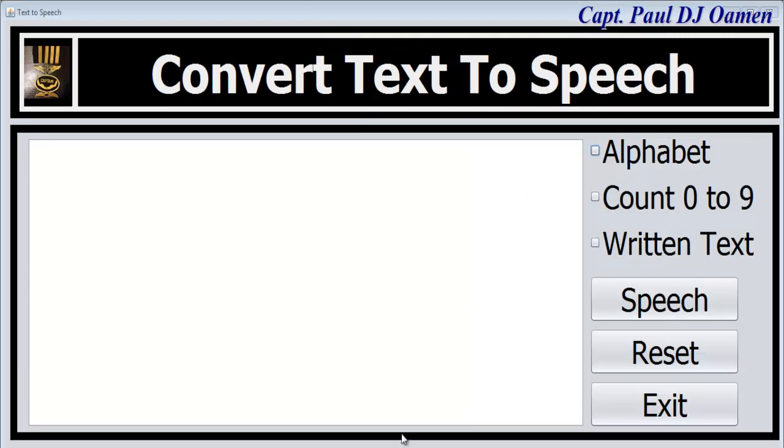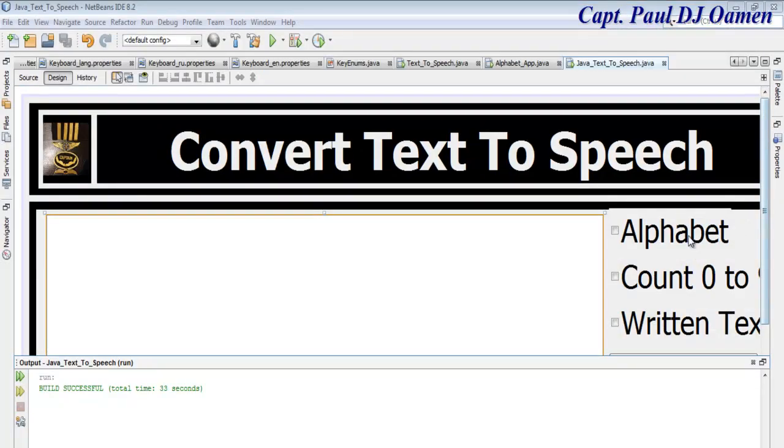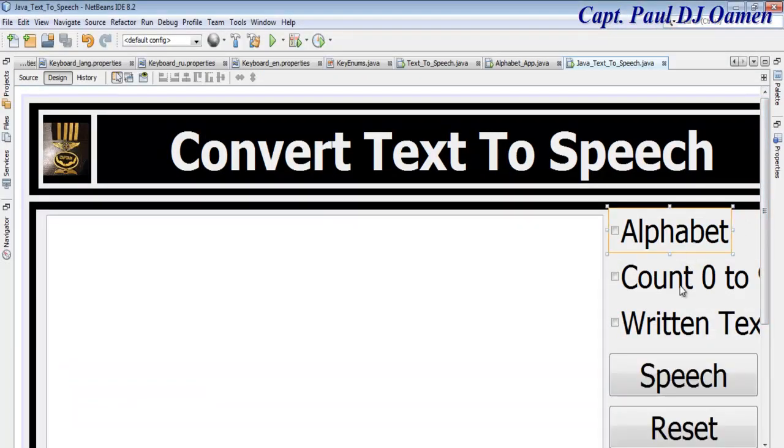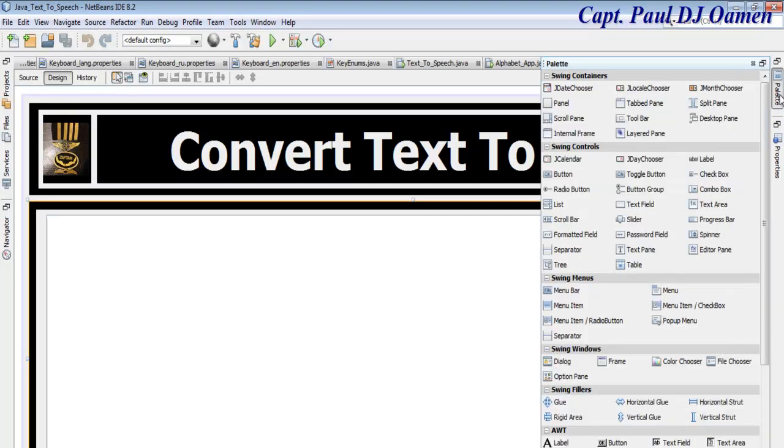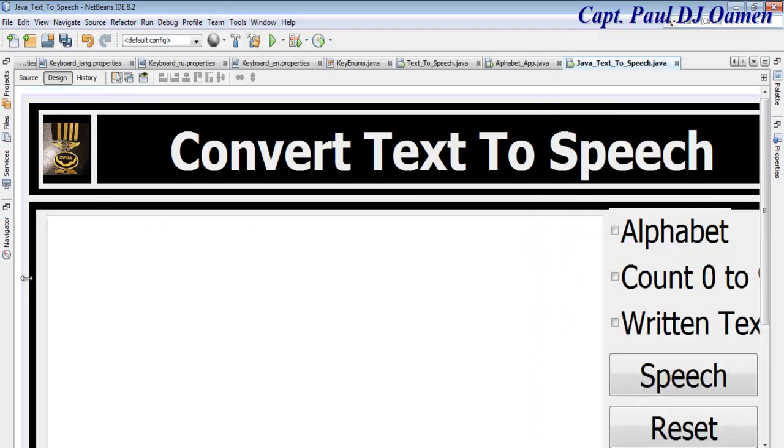Hey guys, this is how it all looks now. Let's add some lines of code here, but before that, look at these. I think I'm going to have to combine these three. So let's select it all, one, two, three, but the only way out first is to go to the palette and grab a button group. Get a button group and just paste it on. That's it. Which means I can group these three